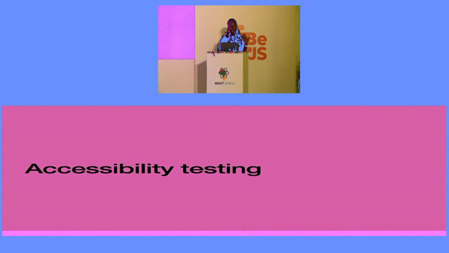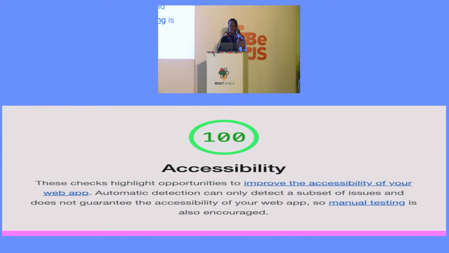And then we have accessibility testing. So if you've built your products and you want to make sure that they work properly or they are accessible, what are some ways you can actually verify that? Now, personally, when I'm building my websites, I do like to use Lighthouse. This is Chrome Lighthouse, which is an inbuilt extension in Chrome that helps you test accessibility or performance of your websites. So this is a React website I tested, and it returned an